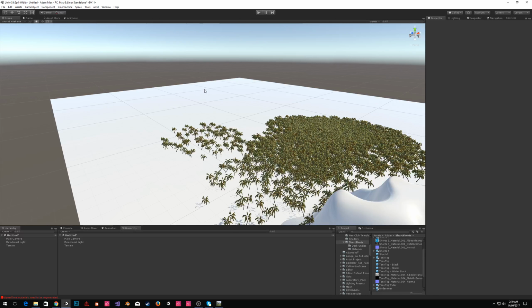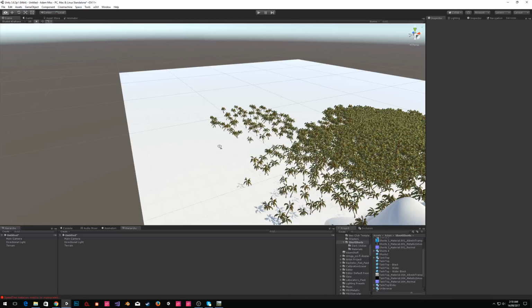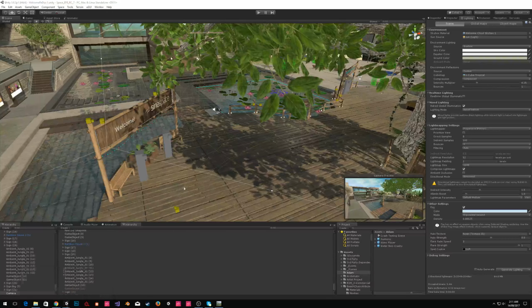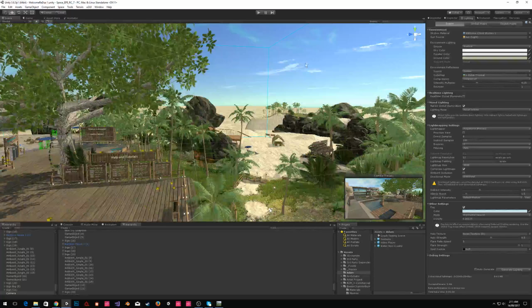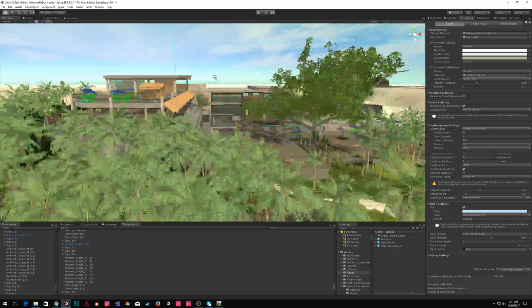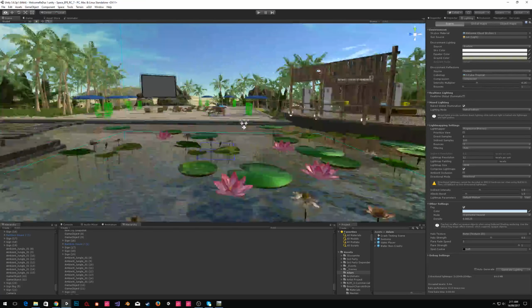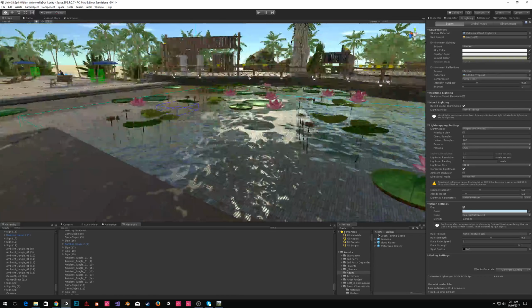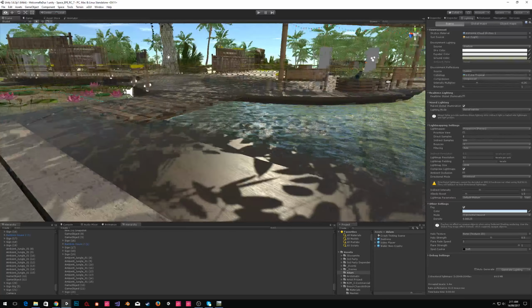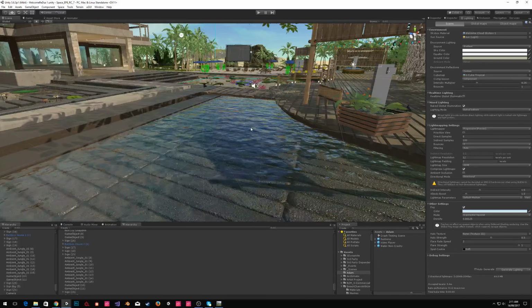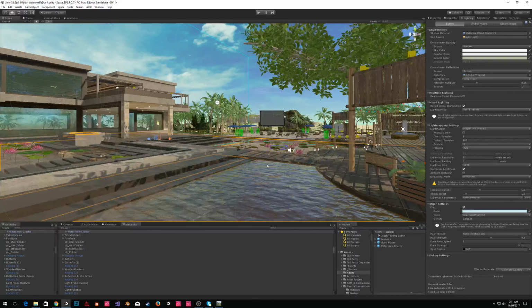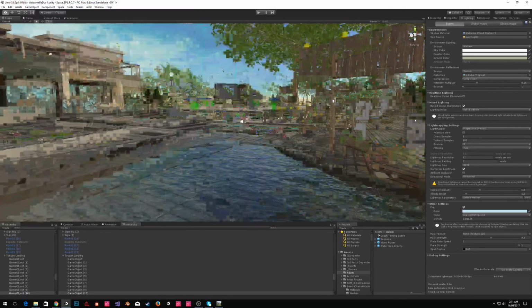Okay, there's also a third way of doing water, or third and fourth, and those are the two free options, and they're not terribly bad options. To do that, I'm actually going to poke around at our welcome center. So if you've been into our welcome center, the preview, you can see this is actually the version inside the editor. And I have a water system here that is not using a water system. We actually had a crash bug that we were debugging for a while. It turned out to be related to a specific facet of a certain number of water systems in the scene